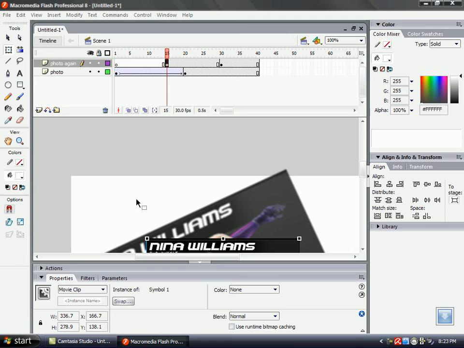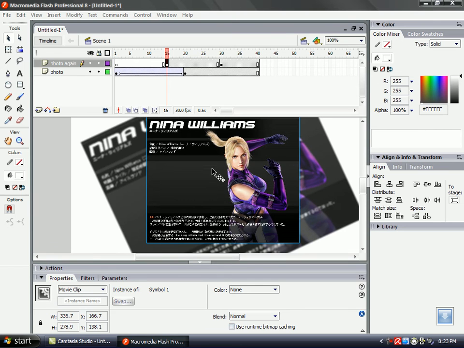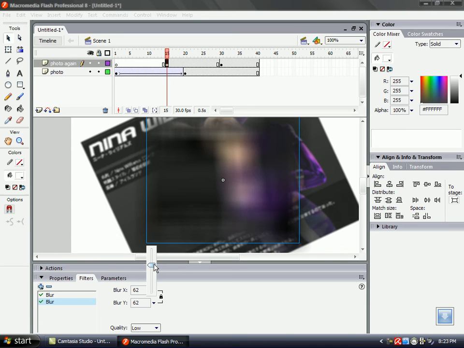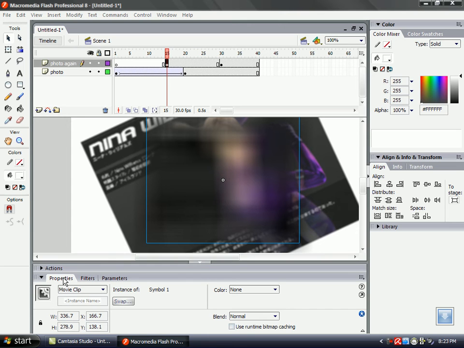After that, select the Selection tool, then click again on the photo. Filters tab, plus icon, then Blur. Set the adjustments again. Now, Properties tab again. Alpha, then 0%.